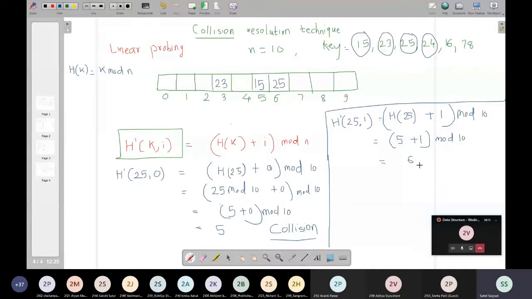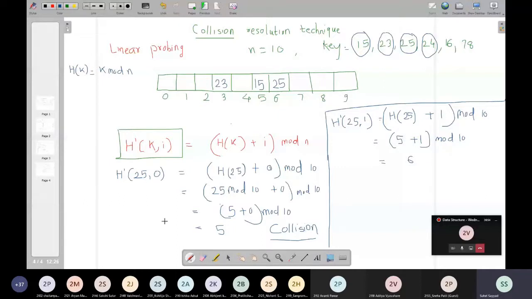Okay, so for every new key value, you have to take the value of I initially as 0. I will be incremented to 1 only if there is a collision at 0. Similarly, if you find a collision at 1 also, then you can make your I as 2. Again on 2, if you find a collision, you can make your value of I as 3, until you are able to store that number. But the moment you take a new key value, the value of I should start from 0 again. Very important, right?